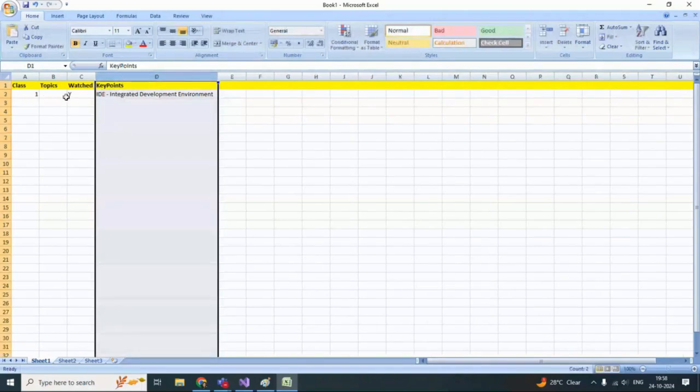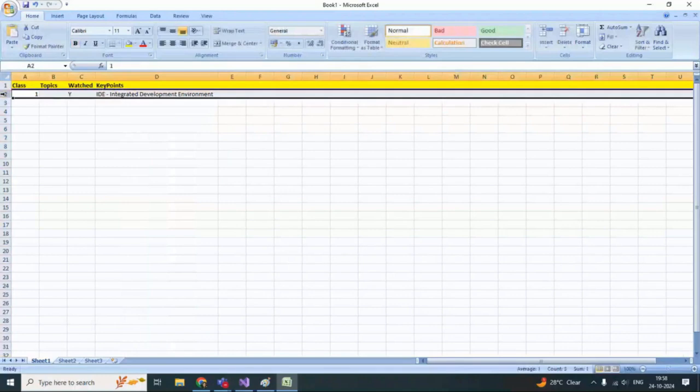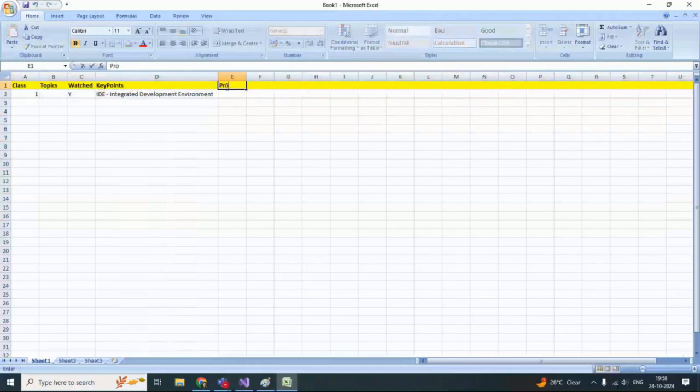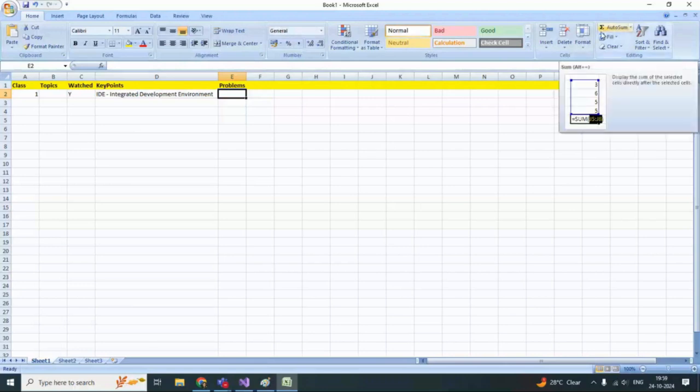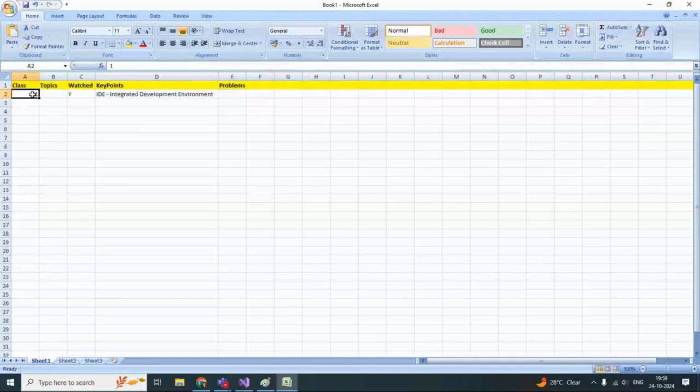Why I'm doing this? Because whenever I go for the interview, I just read this Excel and the problems I want to ask in my next class here. Whenever I go for the interview, I just read these topics and it will be clear for me what are the topics which we have covered. So I will ask every student in my class to go for this Excel, because after one, two, maybe three, maybe four classes,